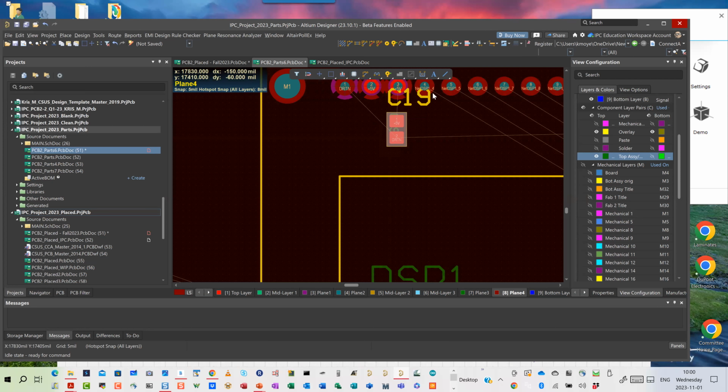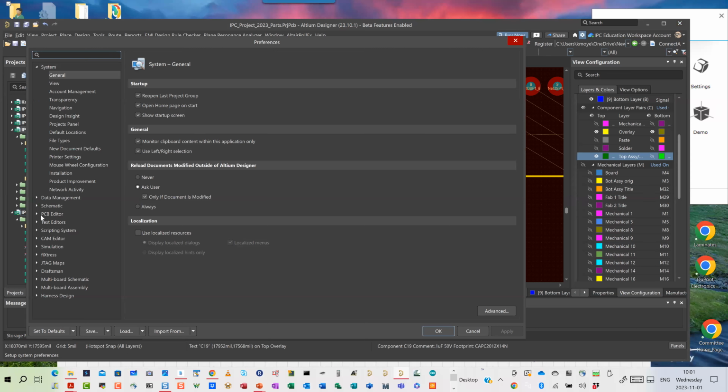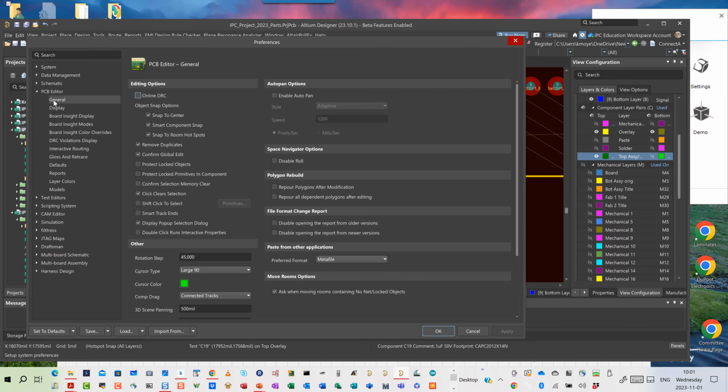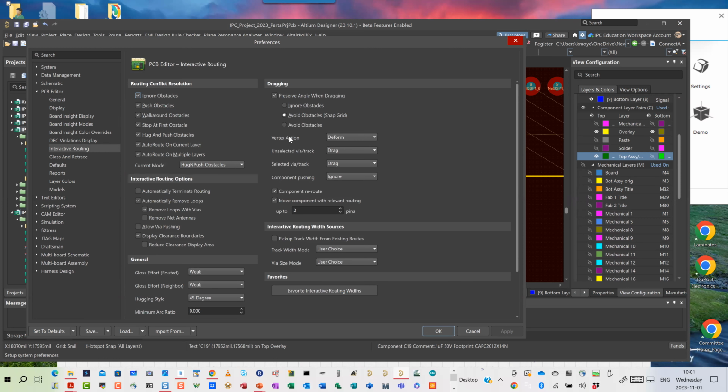Now, that brings up one last point before we call it a day. I know we're going to be like a minute or two over. Over here in the configuration gear, or preferences gear, in your PCB editor, under this option here called interactive routing, I'm going to say component pushing, change that to ignore. If I have it on push,